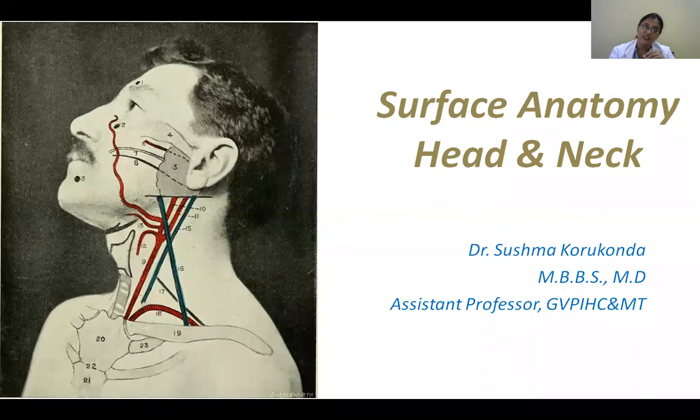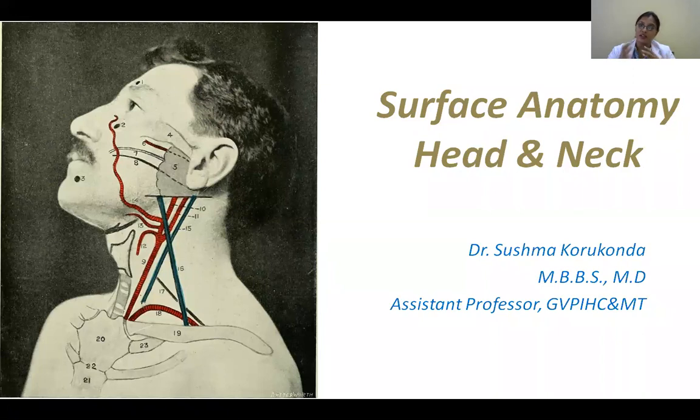And then your parotid here, which you can see. So the parotid gland, because surgeries are done, you should have an approximate idea of where it is. And you're seeing an artery here. So for any incisions on the face, you should have an idea of where your facial artery is, and all that. So that I'll tell you in the applied part. So surface anatomy is something which helps you in routine day-to-day practice, where you have to palpate certain structures for your diagnosis, or you have to do some procedures.